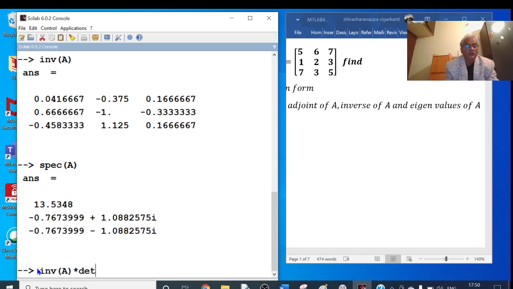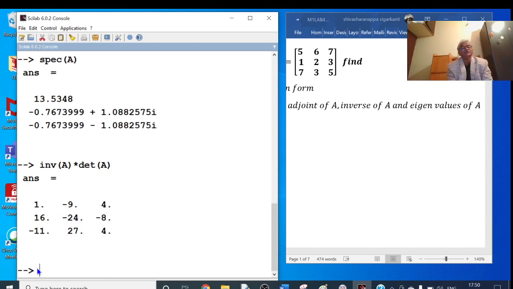For that we have the command det of A, enter. So this is our adjoint of A. Okay.